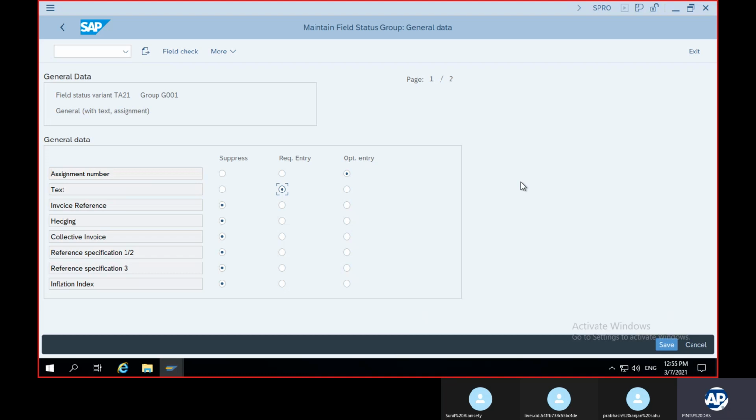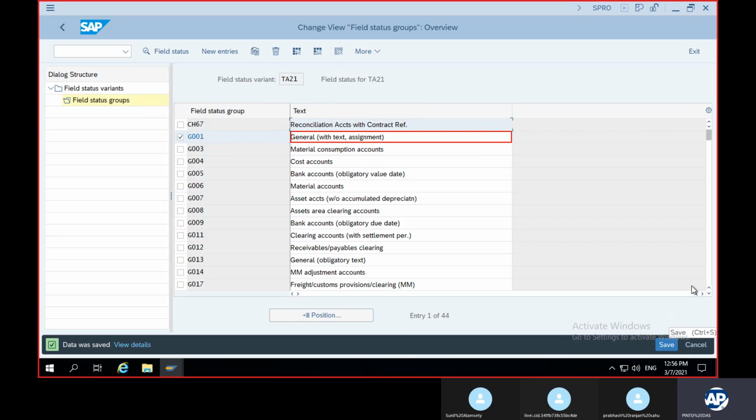Suppose salary account debit to bank. What do you write in the narration? Being salary paid. That is why we need the text. The rest are as usual, I'm not going to make any change. Let me see if there is any option to change. Cost center is suppressed here, right? Vendor, goods movement, purchase order, value date. Value date, I'm making a required entry. Okay, and then I save it.